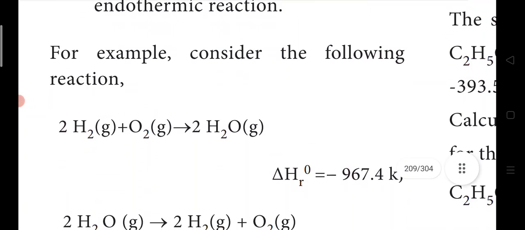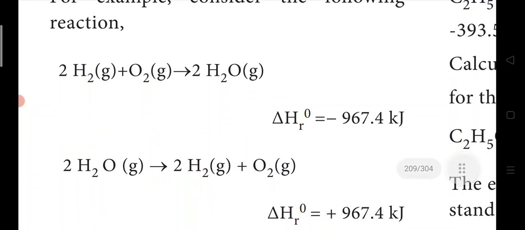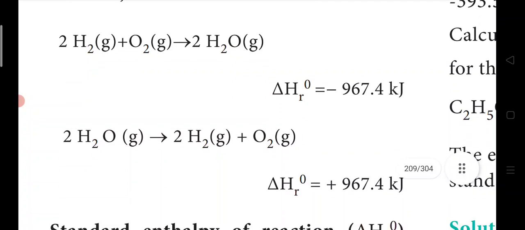For example, we can consider the formation of water. Hydrogen and oxygen are all gases, and water is also formed in the gaseous state; water vapor is formed, so everything is specified. Now they have mentioned the physical state of all the reactants and the products respectively. So now the delta H R naught value has a negative sign,